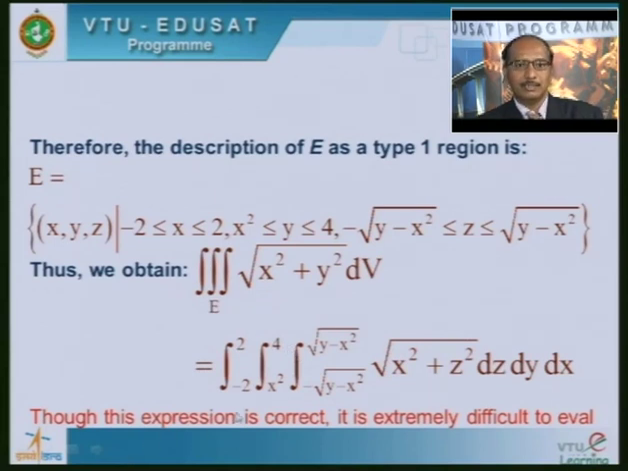Though this expression is correct, evaluation is not so easy. First we integrate the square root of x square plus z square with respect to z. After the integration we substitute the two limits, minus and plus the square root of y minus x square, then integrate with respect to y from x square to 4, then integrate with respect to x. It is not so easy. So what we have to do is